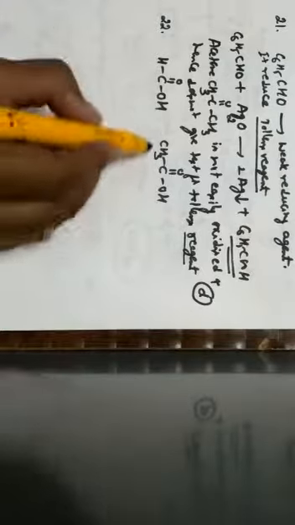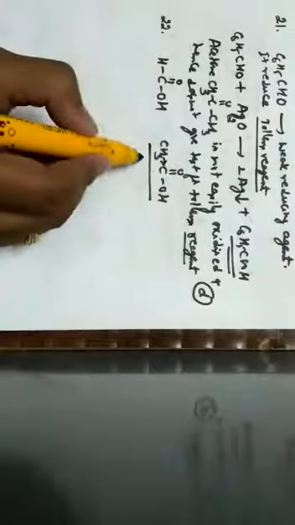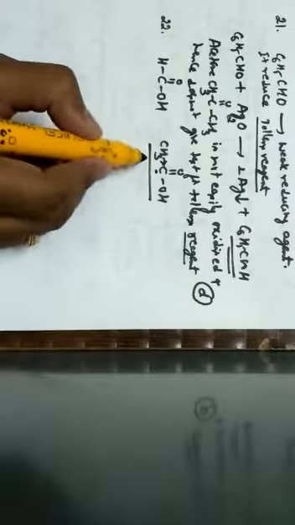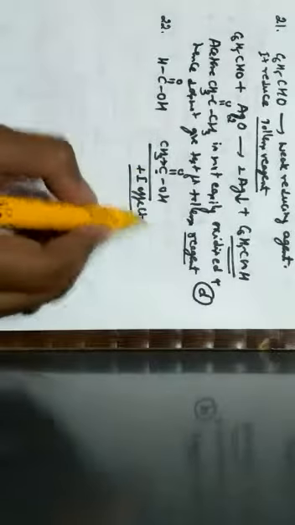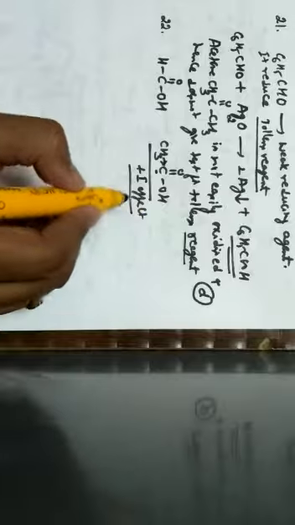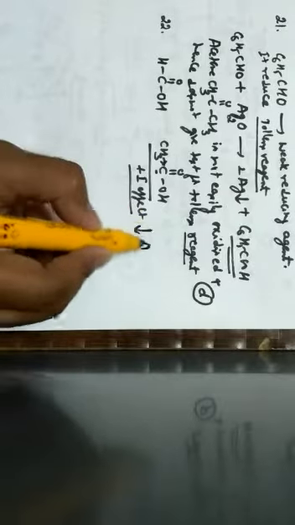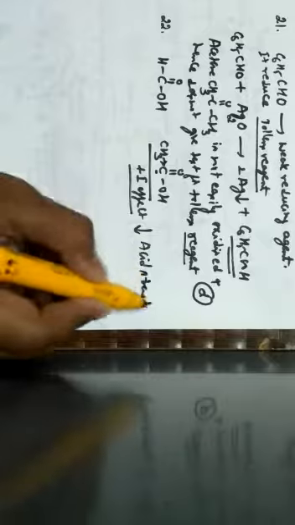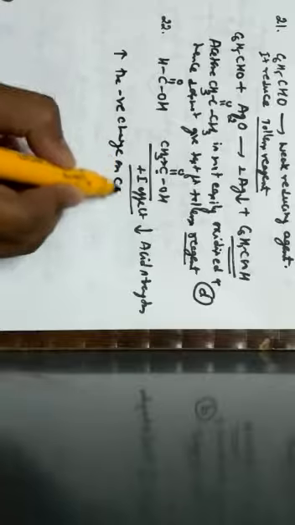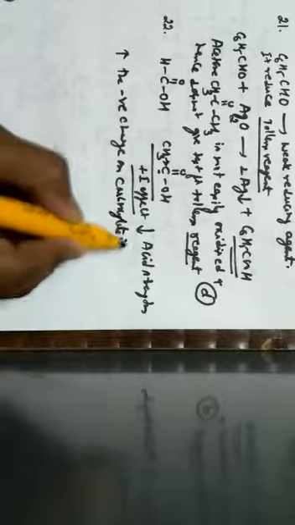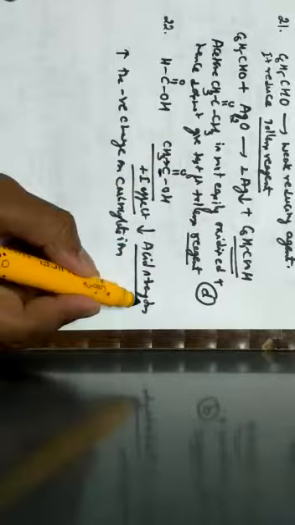So here, acetic acid contains a methyl group which is electron donating. Extra electron density will be on this carbon. Hence, it shows an effect called the positive inductive effect. And here acetic acid shows the positive inductive effect, which decreases the acid strength, and it increases the negative charge on the carboxylate ion. Because when the electron donating group is there, the carbon will get extra electron density, which decreases the acidic strength.